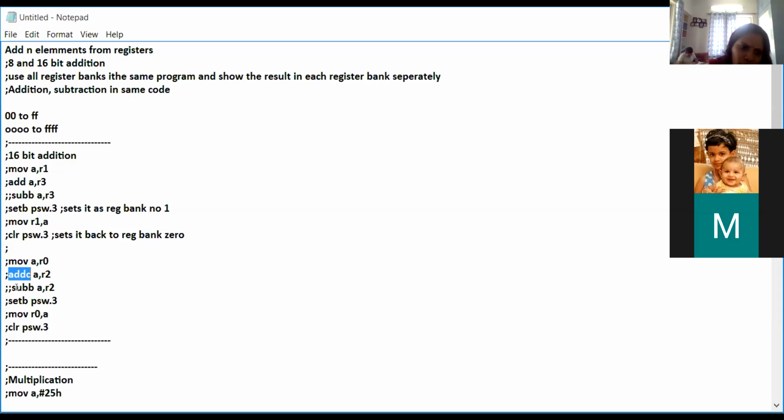Now if you want to use subtraction, then you use SUBB. The SUB instruction is not at all present in 8051. Again I am repeating, SUB is not present. SUB is a part of 80386, but it is not a part of 8051. So you have to compulsorily use SUBB. Maybe the external examiner will give you this type of modification in your program. You are writing a code like this.